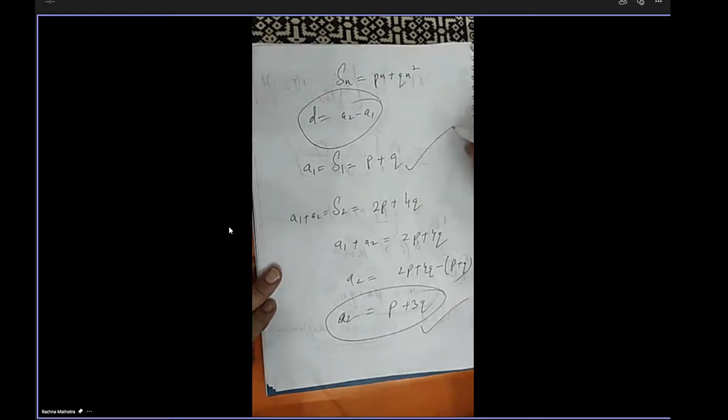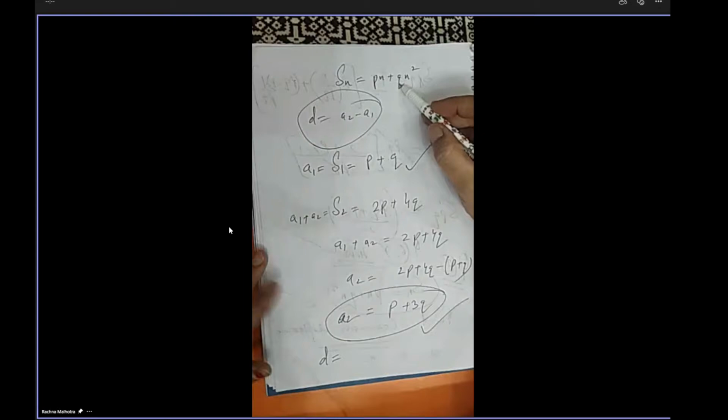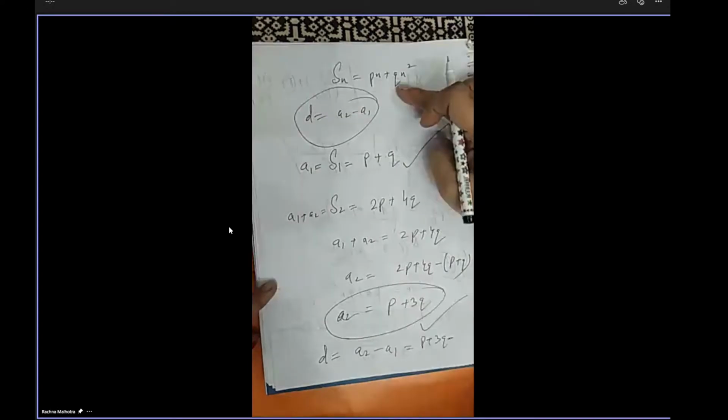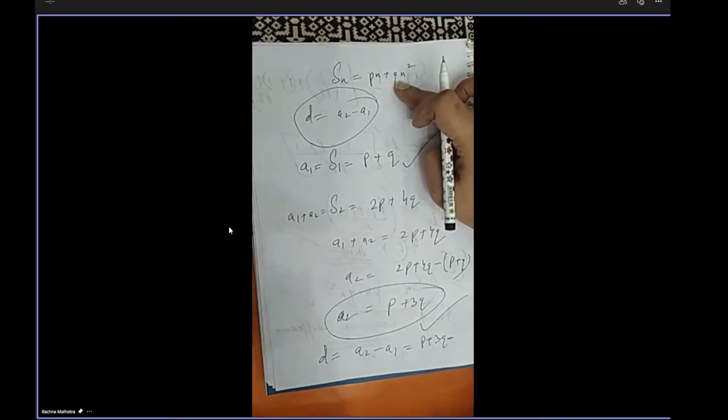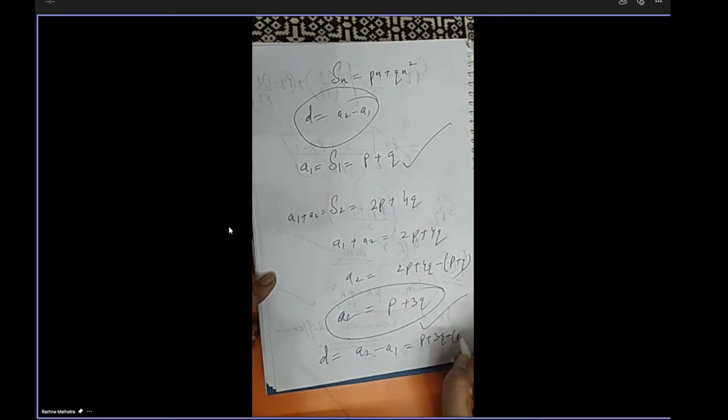So A2 we have got, A1 we have got. So you can find common difference, or you can apply that formula, coefficient of n square, that is twice of. So A2 minus A1, that is P plus 3Q minus. Actually I'm just telling you from where we are getting this one. वो तो direct concept है कि n square के साथ जो coefficient होता है, twice of that one is called the common difference. But from where? Actual में what is the derivation for this one? कैसे वो बनता है? P plus 3Q minus P plus Q. So what is the answer? 2Q. This is the way of finding common difference.